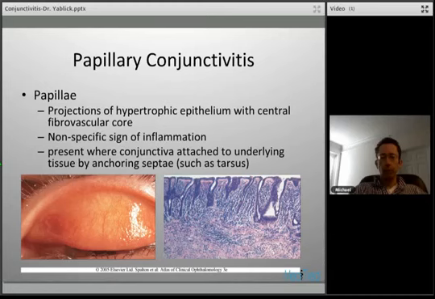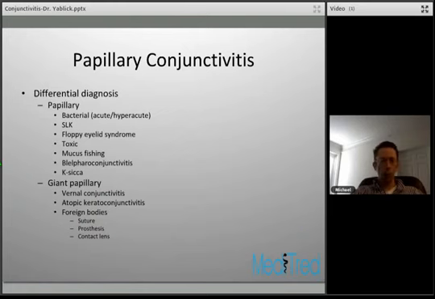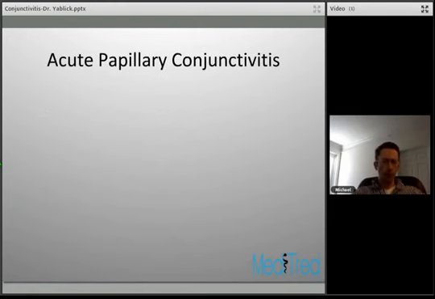So your basic differential diagnosis between papillary conjunctivitis and giant papillary conjunctivitis is listed below, and we'll go through a lot of these topics. So the first basic is acute papillary conjunctivitis. And I would suppose that the most